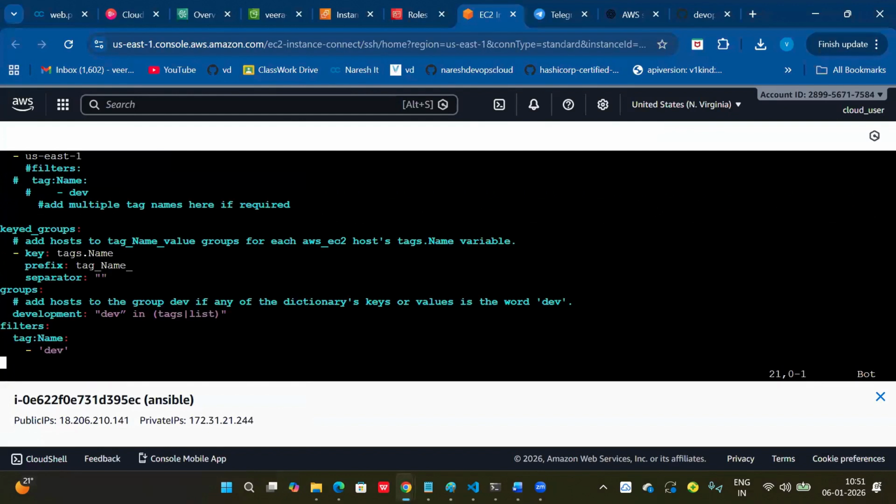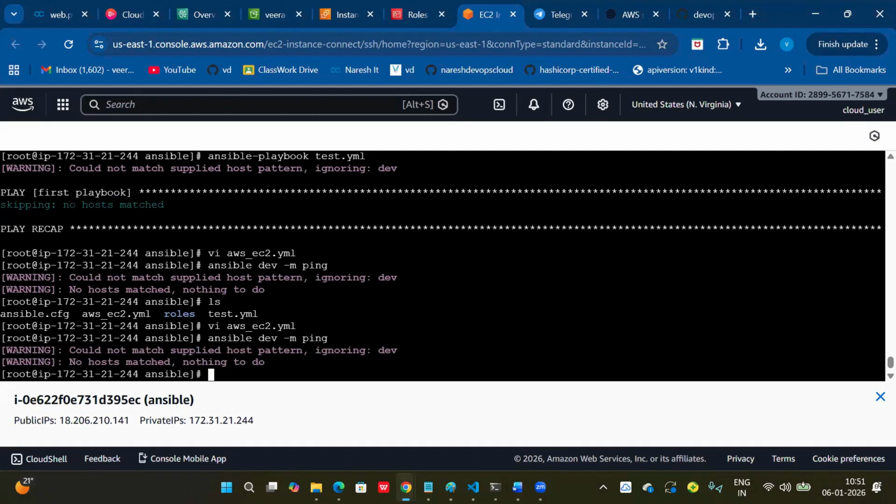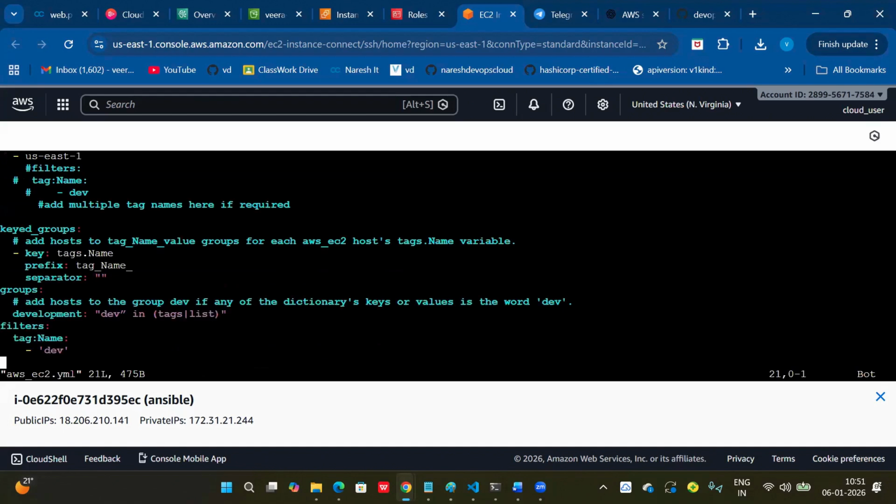So now, here I'm giving dev in the tag list. Filter name equal to tag, tags name equal to prefix, I'm giving here. You can see this time... Why is it not calling again?